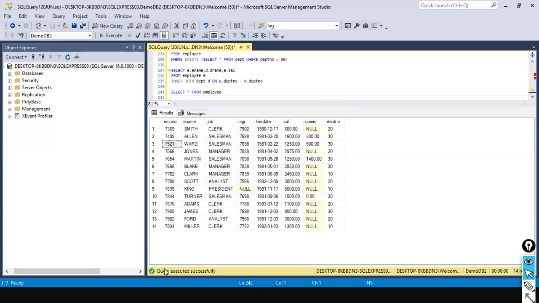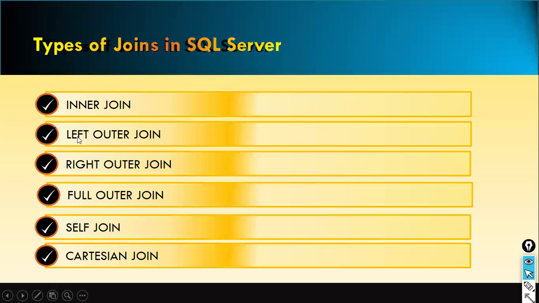Give it a try. This is an assignment for you. Self join is joining a table to itself. That is called your self join. Got it? Okay, we are done with all the different types of